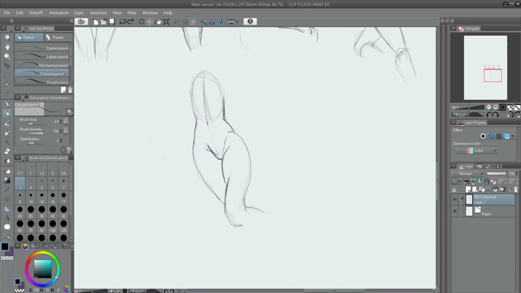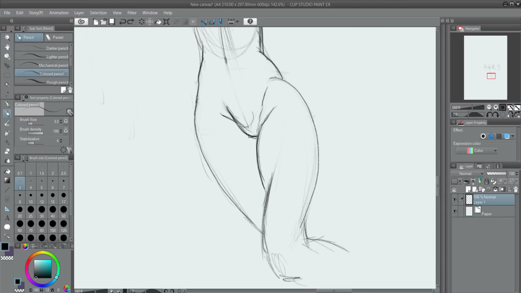So now you have this kind of view here, and I kind of should have got rid of more of this here. You have the under part of the belly here. Oops, I should just stick to nice smooth lines because I'm no longer sketching. And I try to always sketch with nice smooth lines anyway, but sometimes digitally makes it a little bit harder. And I don't think I need to connect this up here like that. I just need to overlap it just a little bit like that. And this, I might actually dot up a little bit more. Just kind of stipple that line like that, and kind of stipple this line like this.